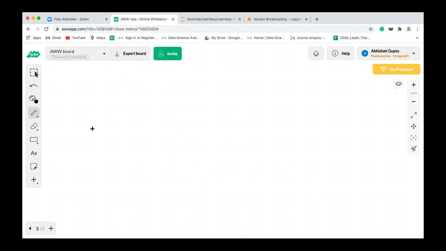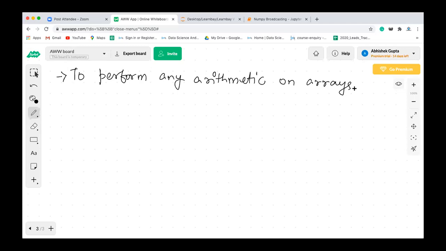Or you can say that to perform any arithmetic operation on arrays, they should be of the same shape.